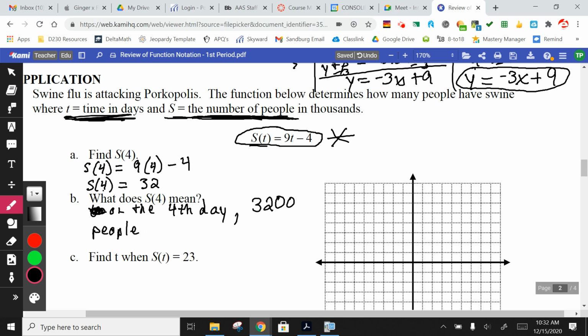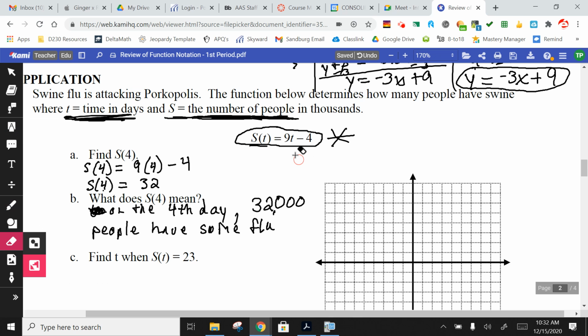How appropriate is this question these days? 32,000, hold on, let me add another 0. Have swine flu. All right. What, Ahmed? It's appropriate these days, right? I guess it does. Yeah. So,